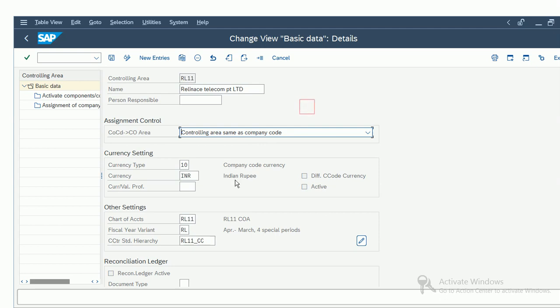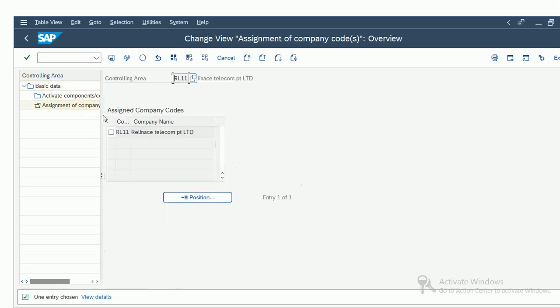Controlling area same as company code. Our currency type will automatically pop up here, and currency also. Then we have to write down the cost center standard hierarchy. We have to enter that, and then we have to go to assignment of company code. Here we have to select new company code RL11, and then we have to save that.